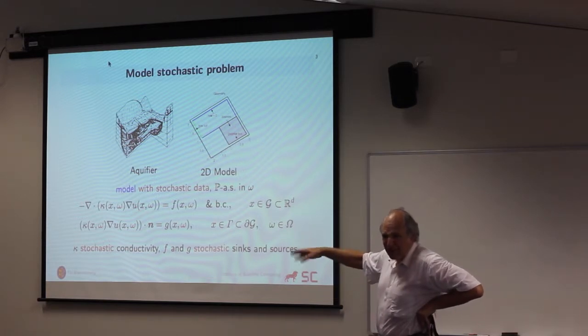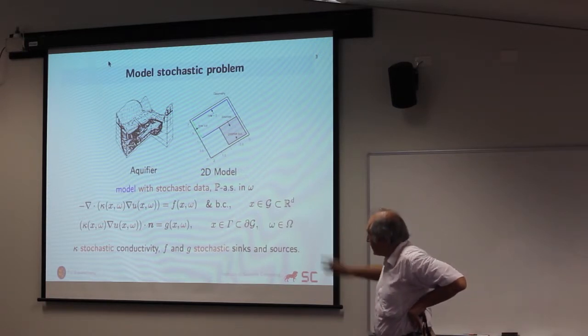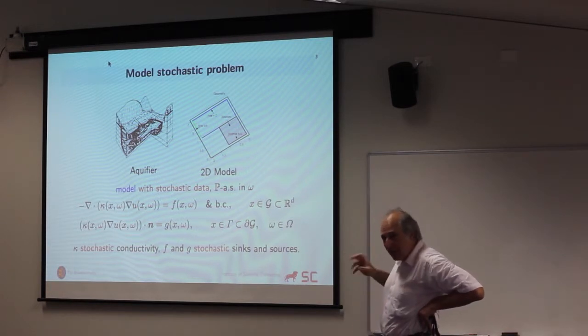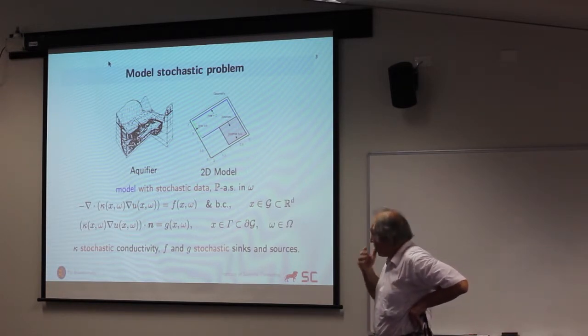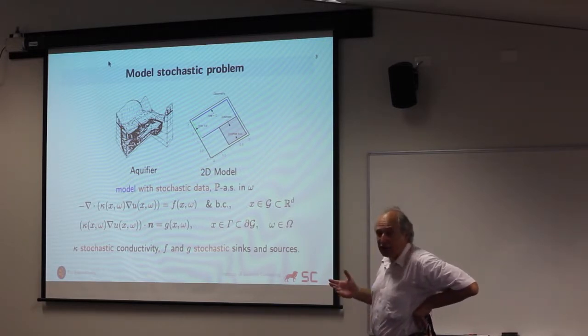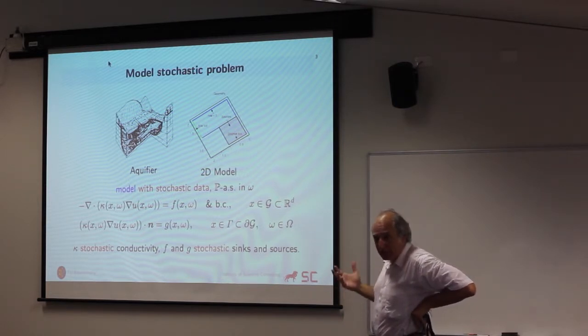Typically, it's also not the scalar like I've written here, but a little tensor, but I leave this away now for simplicity. And then the sinks and sources, I mean rain and rivers and whatever, are typically not known. So these are uncertain elements, and we model them as random fields. If kappa, F, and G are heterogeneous random fields, kappa is a material property, the other two are loadings